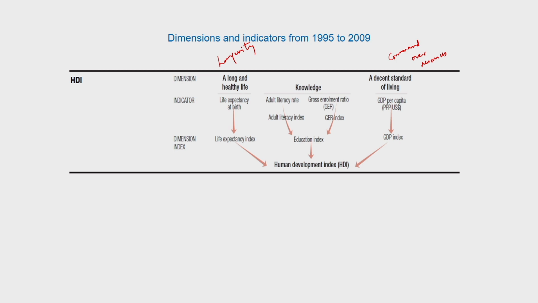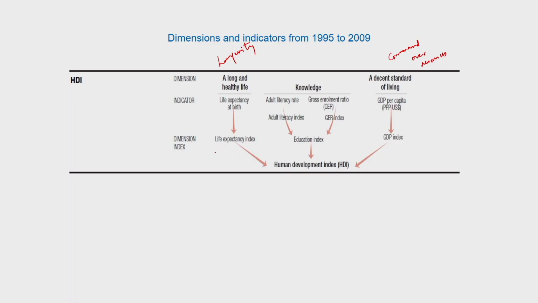In the end of this class, I will give you small definitions of what these indicators mean, but let us first do away with the computation, the formulas for the computation of the HDI that has undergone a change since the first HDR of 1990. So, there are again similar kinds of steps as followed in the earlier HDRs. First, we specify or identify the indicators and the actual values of each of these indicators, and then followed by a dimension index. So, life expectancy index, education index and the GDP index.